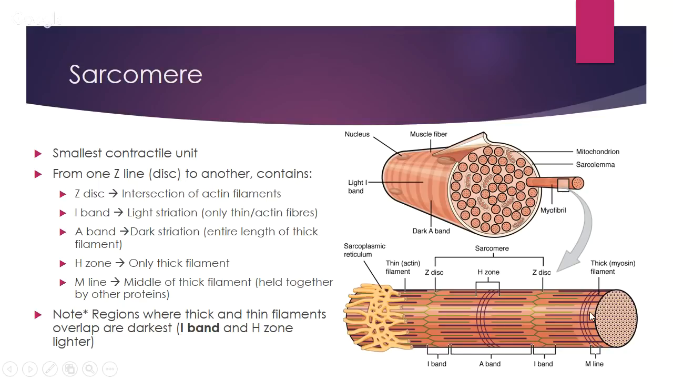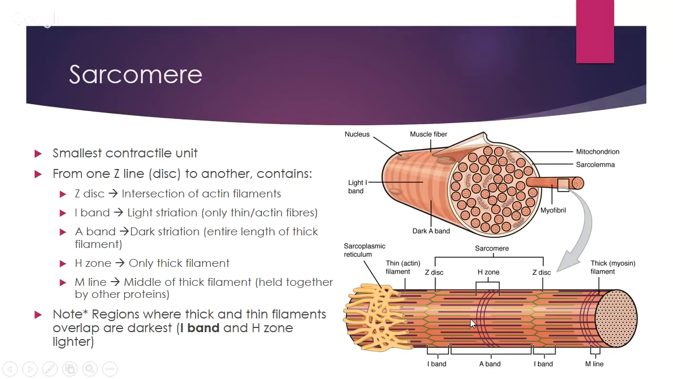So your sarcomere is the smallest contractile unit. It's from one Z line to the next, like I said before. The Z line is just where you have an intersection of these thin filaments, there and there. And then you have the I band, which is this region over here where there's only thin filaments. Then you have the A band, which is darker. When you look at muscle, it's called striated because it's got dark and light and dark and light. And this is a light part, the I band, and this is the dark part, the A band,